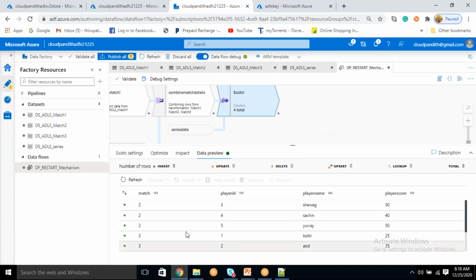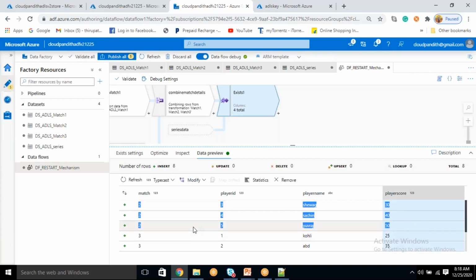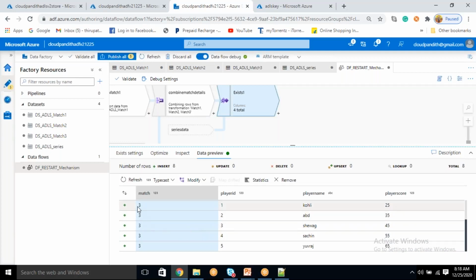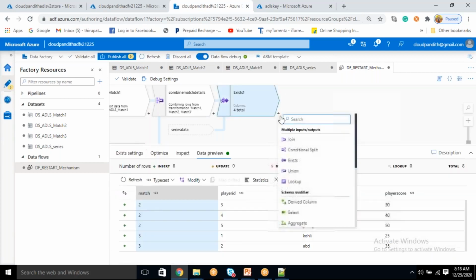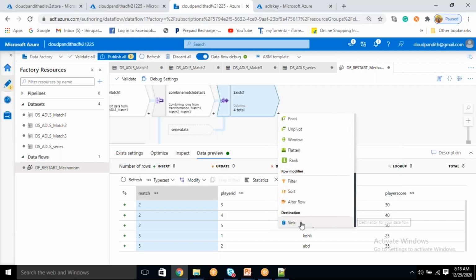Okay, you see there are three records which are not matching with the source. These three records are pending, so I'm going to collect those three, and the remaining 5 records also I'm going to collect and load into my target. Okay, so how to load into the target, you know, right? Click on this, come down, click sync,